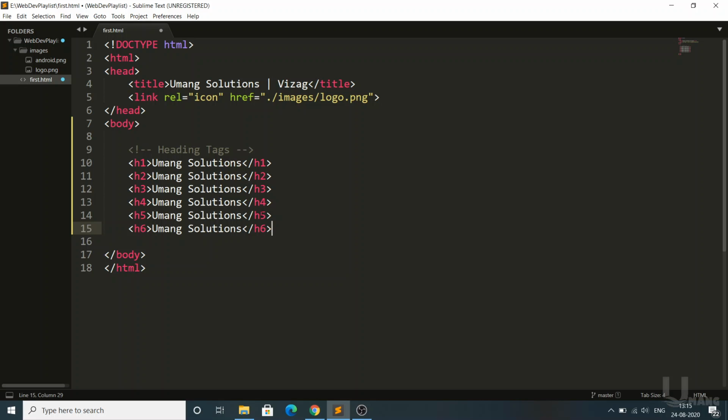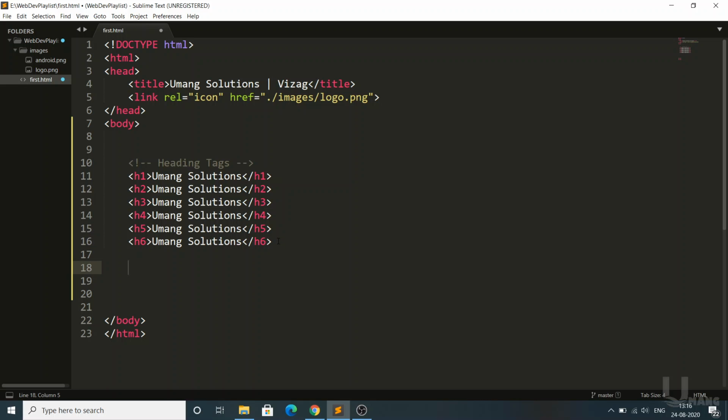Indentation is, for example, I open an h1 tag and I close it here. Okay, it's fine. But I open some other tag at the top and I forgot to close this tag. Then if you keep this indentation, it will be very helpful to you to check whether the tag is closed or not. See, the head tag is open here and the code is written after some tab space, right? At the same time you can also use it here. You can use indentation. The code looks better, looks good, and you can easily find errors, like if any tags are missing or not. Okay, that's all about the heading tags.